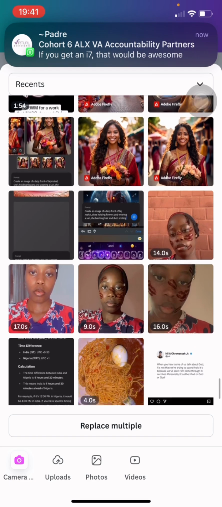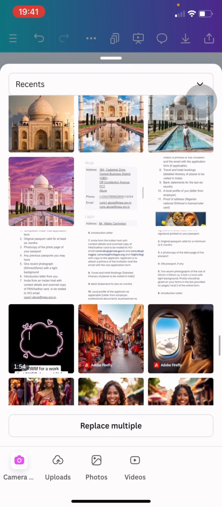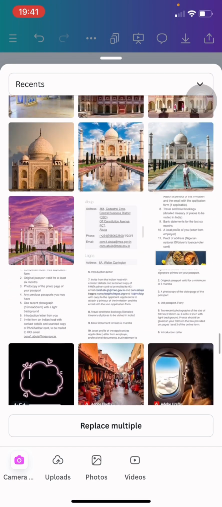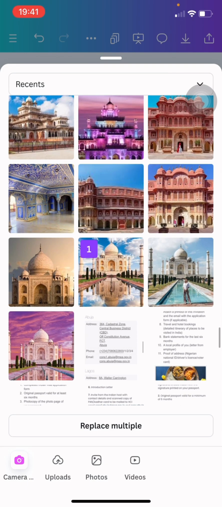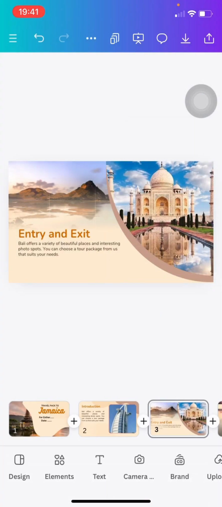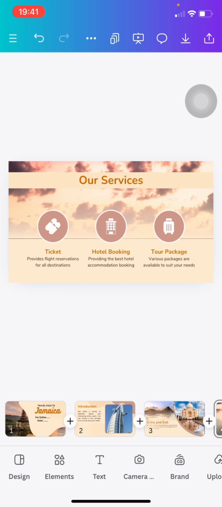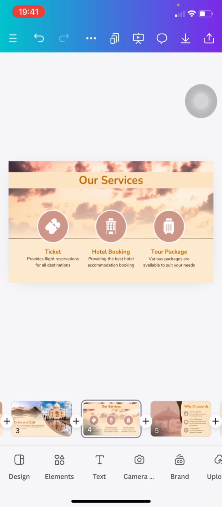So let's say we replace this with something like entry and exit. Let's just say something like this. Let's say you want to replace it. You see how pretty it is. It's already something like this. So you come here, and the next place is your entry, your exit, and then the next slide you now